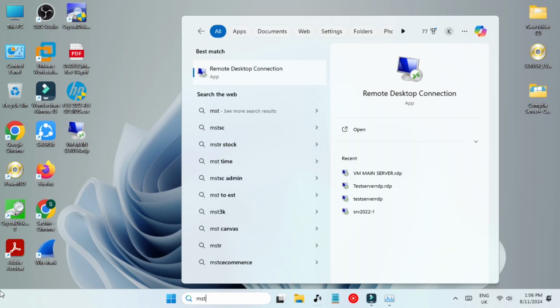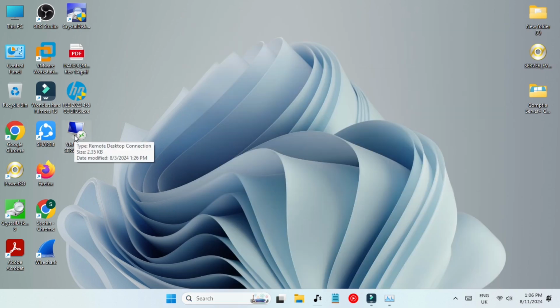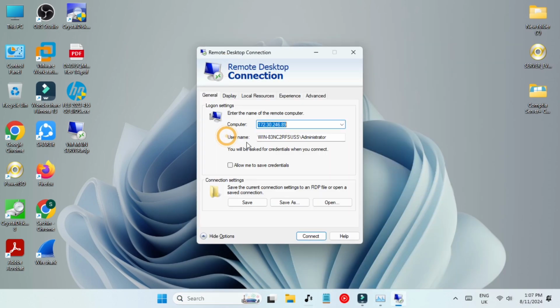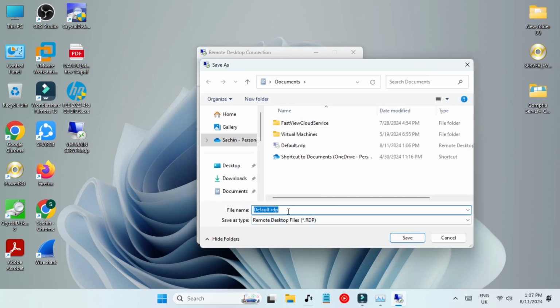So to create the link, we will open the remote desktop application. So you can press MST. So you can see that this is the RDP link. So we go to MST and remote desktop application, and here we have to save it. So let's click on save as, and you can see that we have the link here. So we'll put the same test server RDP,